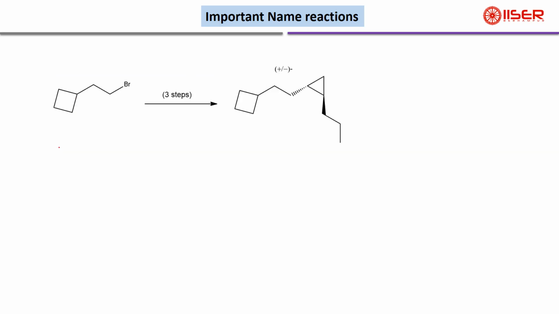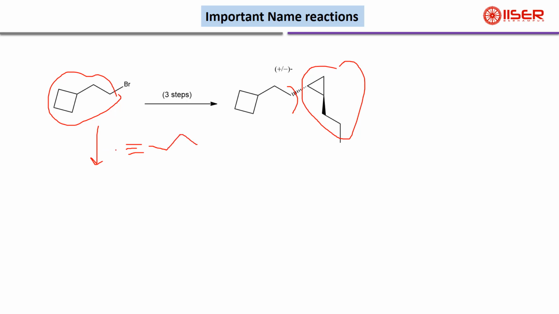How can we synthesize this product from this alkyl bromide? They have mentioned it will be 3 steps. Here this part is already in this product, up to this part. All this whole part is incorporated. So that is a possibility. How can we incorporate this one? If you just take an alkyne like this,